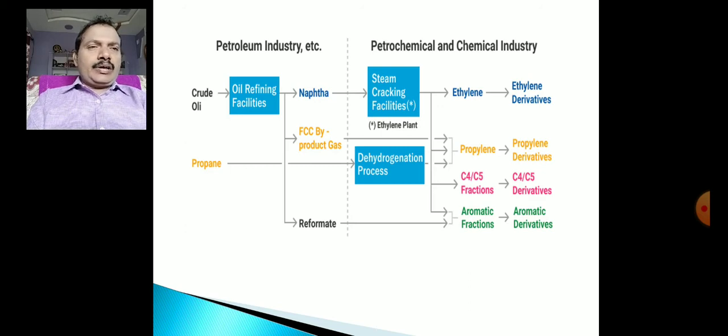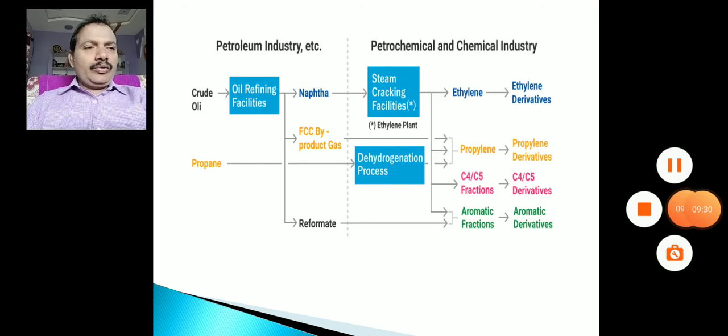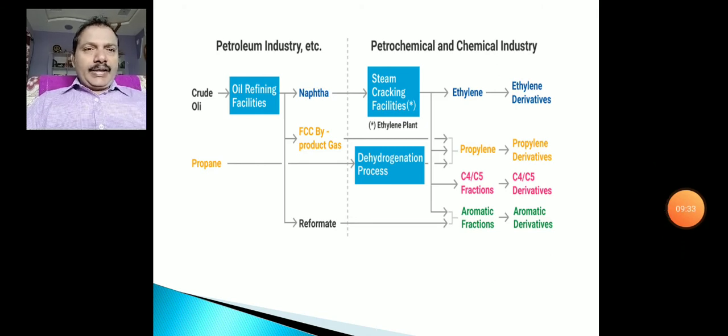These are the first stage, that means first generation products. These products are used to generate second generation products, intermediate products. After intermediate products, we have final products. Okay, now,